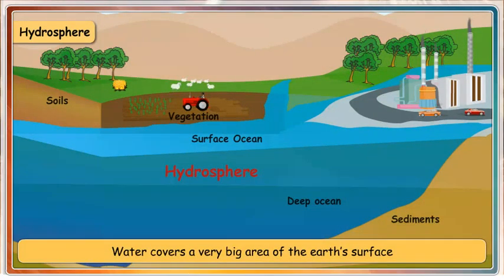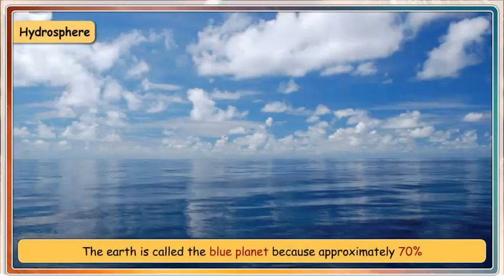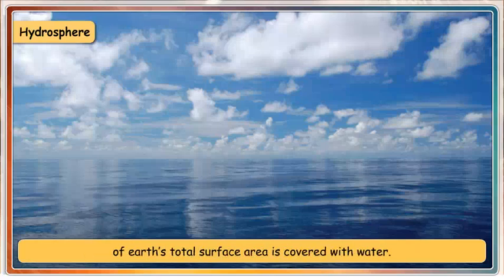Water covers a very big area of the Earth's surface and this area is called the hydrosphere. The hydrosphere comprises water in all its forms, that is, ice, water and water vapors. Surface water in oceans, rivers and in lakes, ice in glaciers, underground water and the water vapor in atmosphere all comprise the hydrosphere. The Earth is called the blue planet because approximately 70% of Earth's total surface area is covered